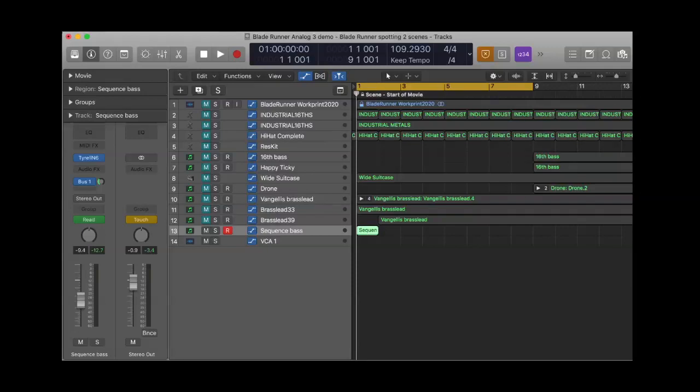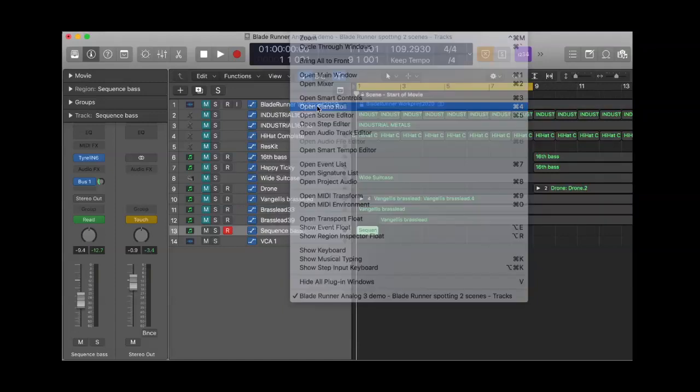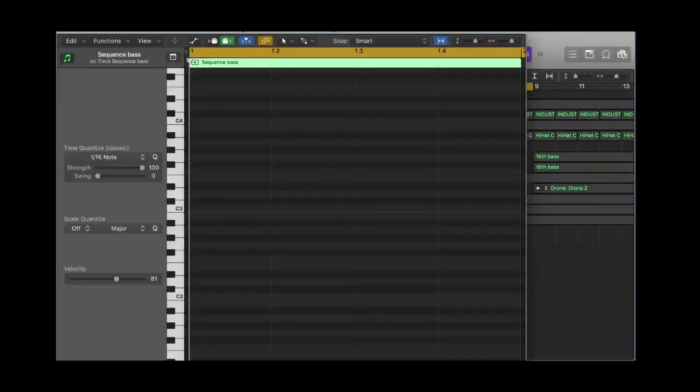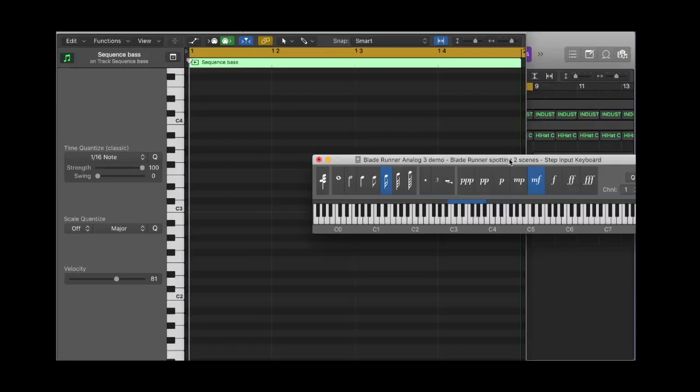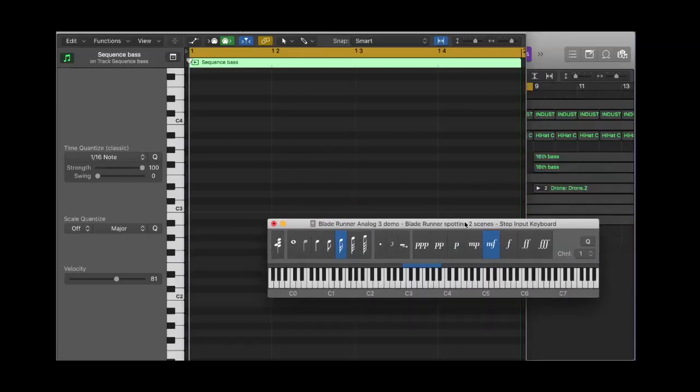Now, I'm going to open the piano roll editing window. The piano roll allows you to see notes graphically as blocks. I'm going to open up the step input keyboard, and we'll see this. Step record allows us to enter notes in non-real time, and they will be entered in the rhythmic value that you select here. So I'm going to select 16th notes,